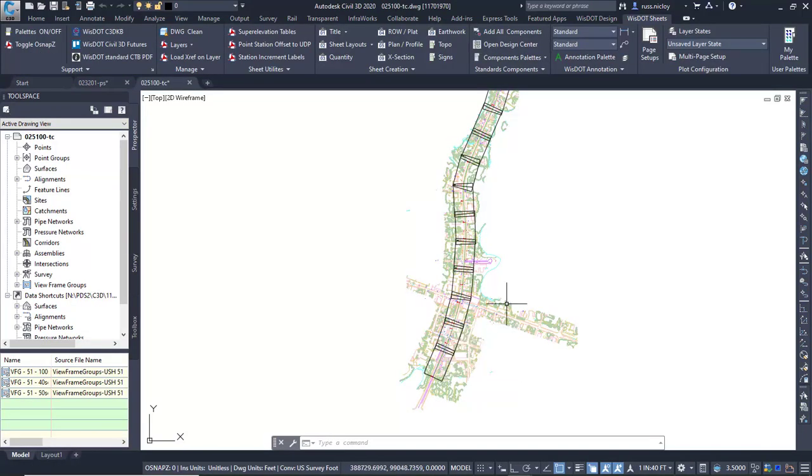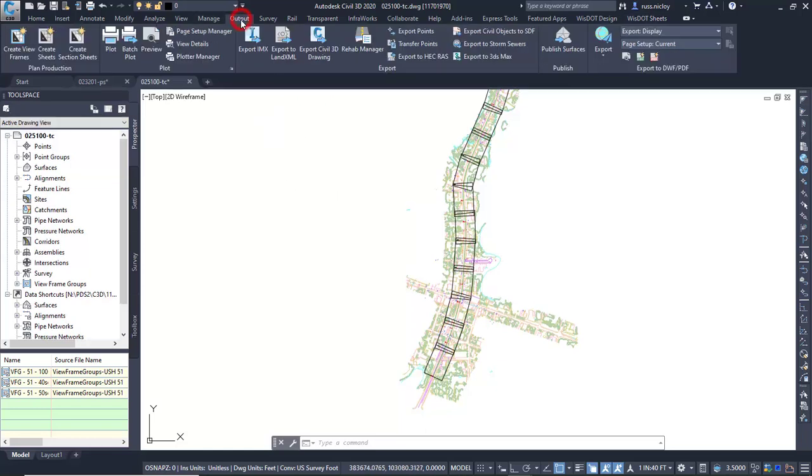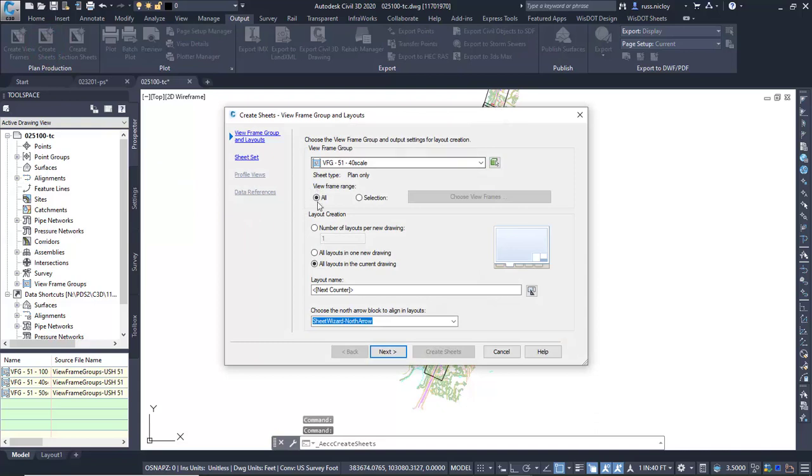And in this file you can see that we have view frames already in here. We haven't had the sheets created. I'm going to show you that process so you can see where this is. I'm going to go to the Output tab of the ribbon, plan production, create sheets. Now, these frames have been XREF'd in, so when I use this, it's going to create